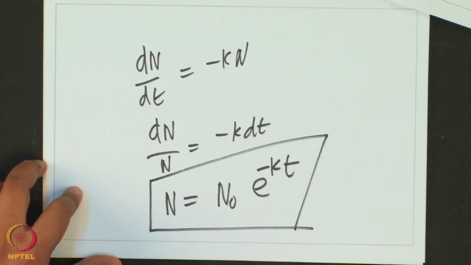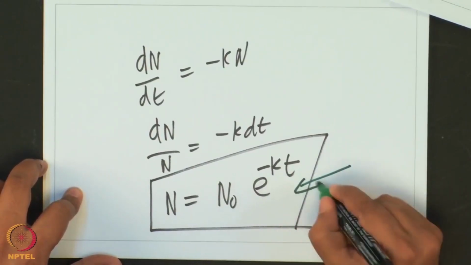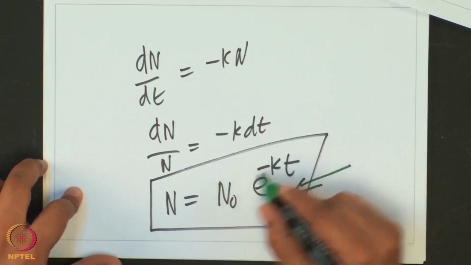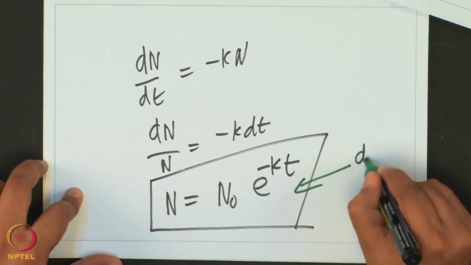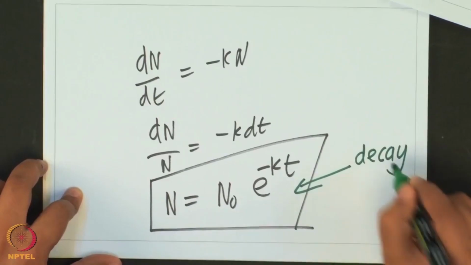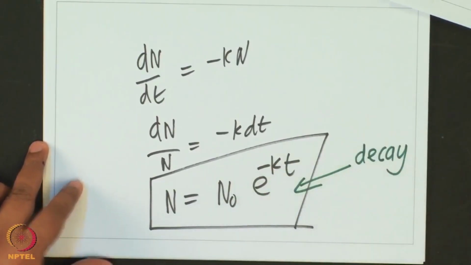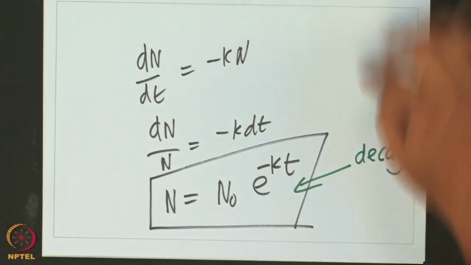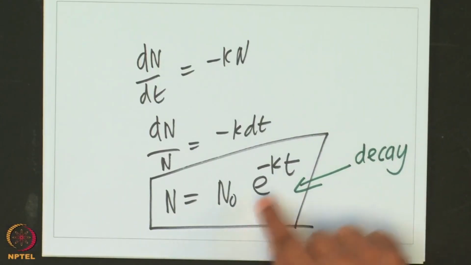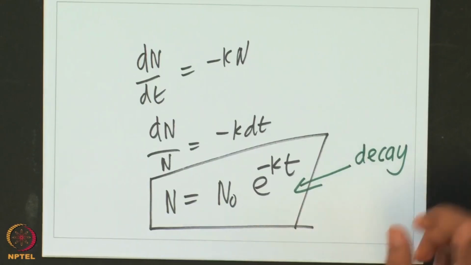So we follow similar mathematics, but the only thing is that here it is a negative sign, so n would decrease with time. n is equal to n0 e power minus kt. So this would exponentially decrease, and therefore this is an exponential decay. One very typical other example would be